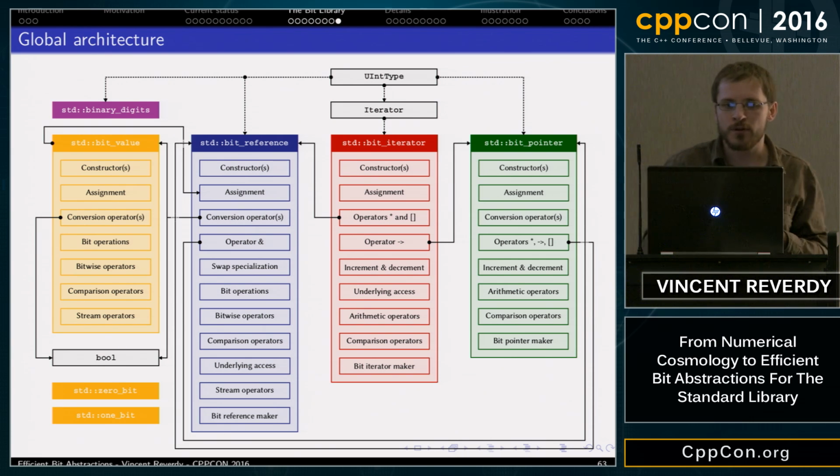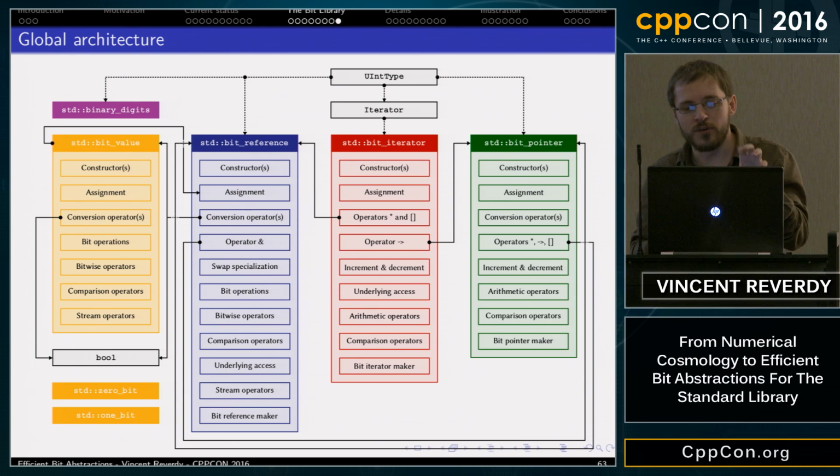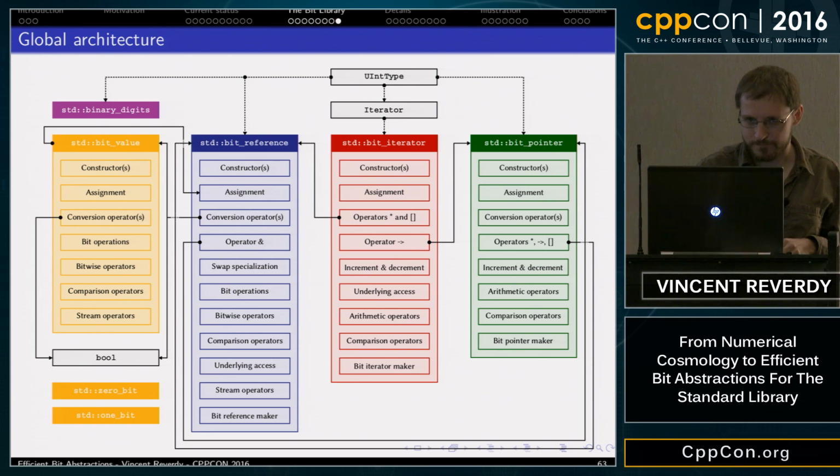But if users want to provide a template specialization for that, then they can only provide a specialization for binary digits and not affect the numeric limit digits. What is the type of 0 bit and 1 bit? They are declared as bit value.